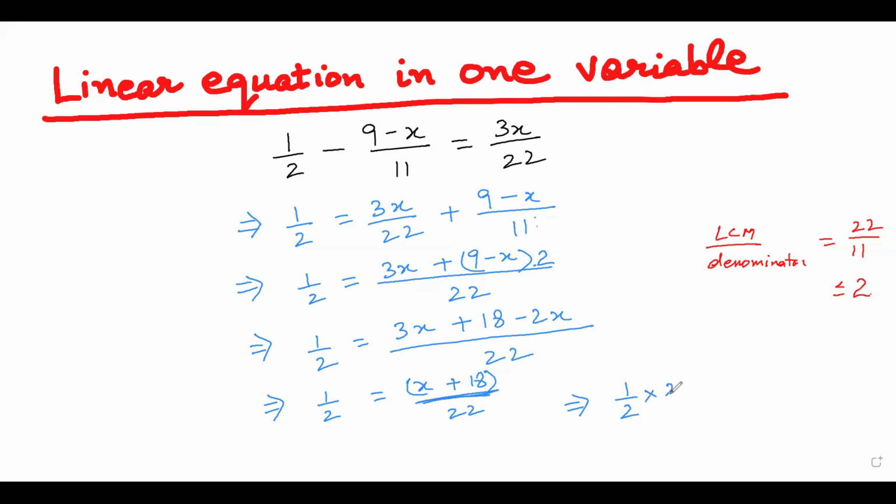So we'll take 22 to the other side, where it gets multiplied. Now we can see that 2 11s are 22, and the 18 can also come to the left-hand side, but with a minus sign, of course, since the sign changes. So the answer would be x is equal to 7, or it can also be written as x is equal to -7.